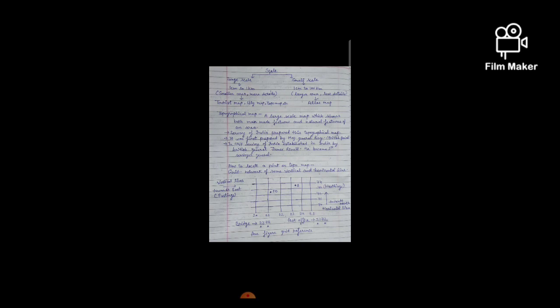These are the conventional signs and symbols which are accepted worldwide. It is given in the book, and when we read the chapter I will show you these conventional symbols and signs in the book. But here we have taken two symbols. First is B, means bridge, and second one is PO, means post office. So now we will find the reference number for these points.